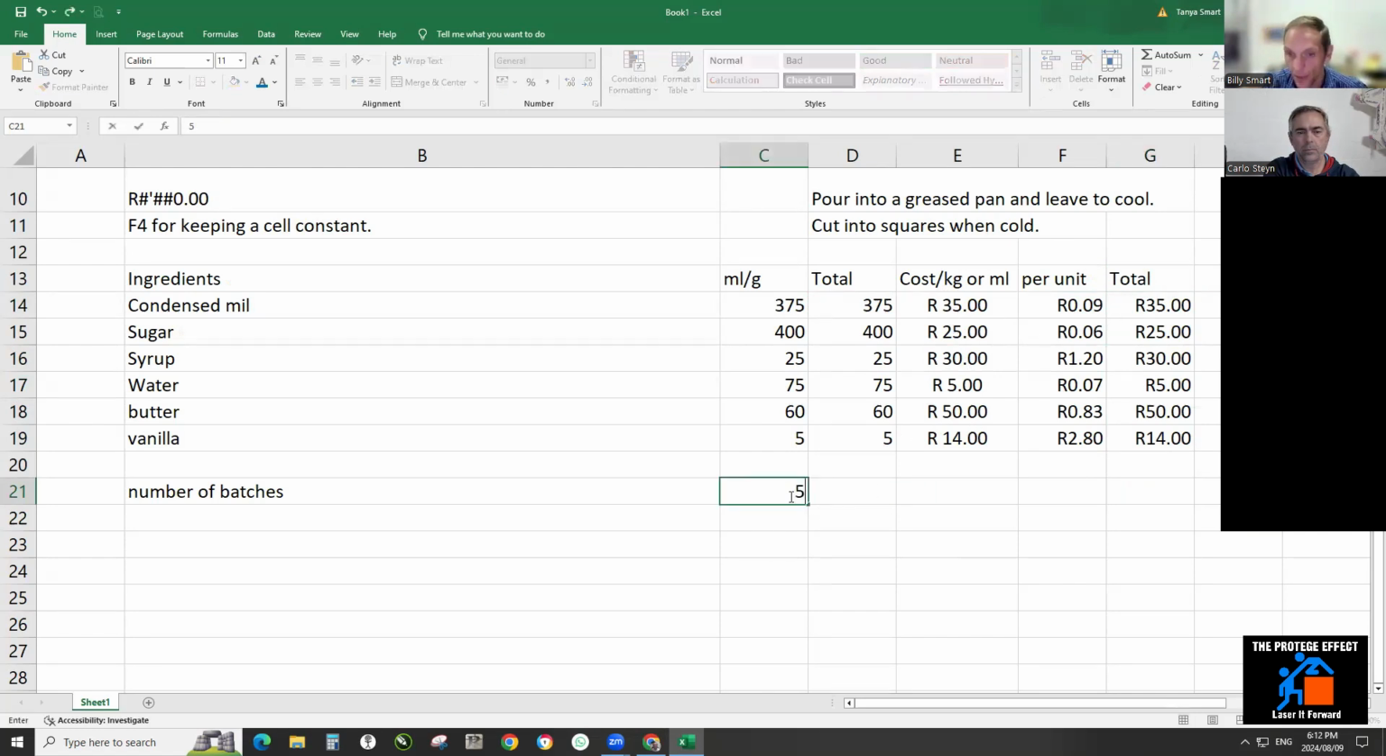But look, let's say we go back to our 5 batches. So there I've still got my cost per 1 unit. I've still got my original ingredients for one batch. Here's the ingredients for the batch that I'm quoting on now. And then